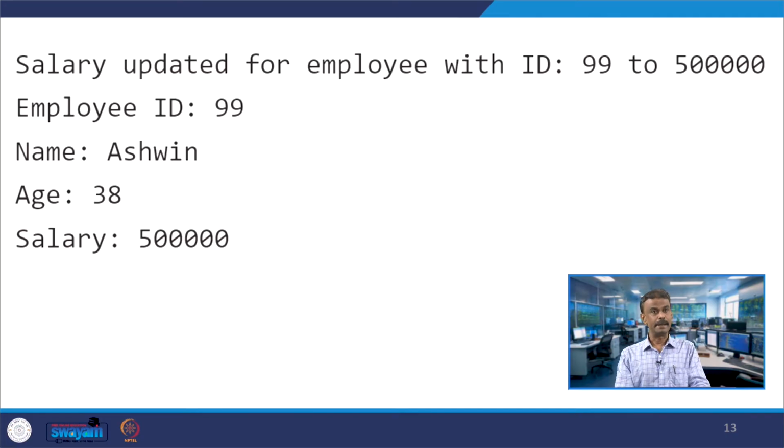When EMP2 invokes the details, the updated details are displayed: salary updated for ID 99 to 500,000, and the rest, ID, name and age, are the same, but the salary has changed. Now the display is 500,000.